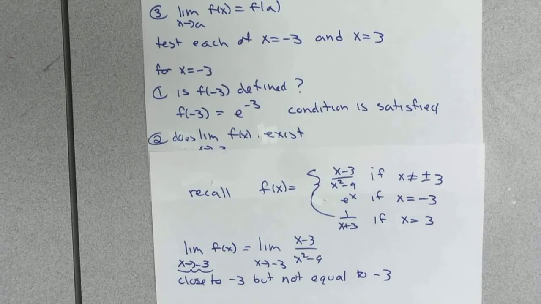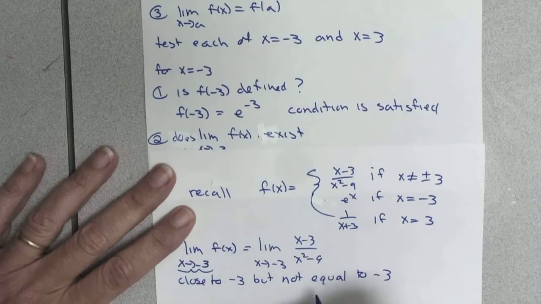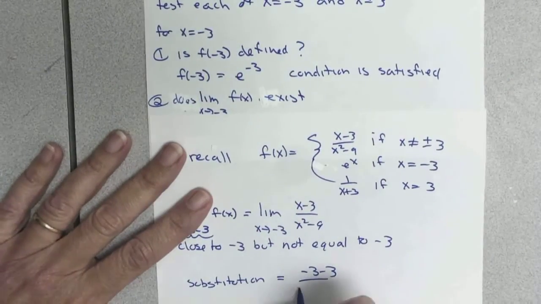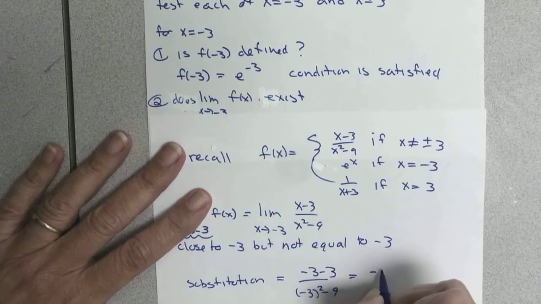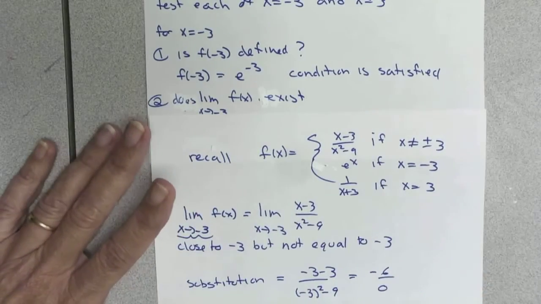That I pick that top branch. Substitution first. That's going to give me negative 3 minus 3 over negative 3 squared minus 9, which is negative 6 over 0,